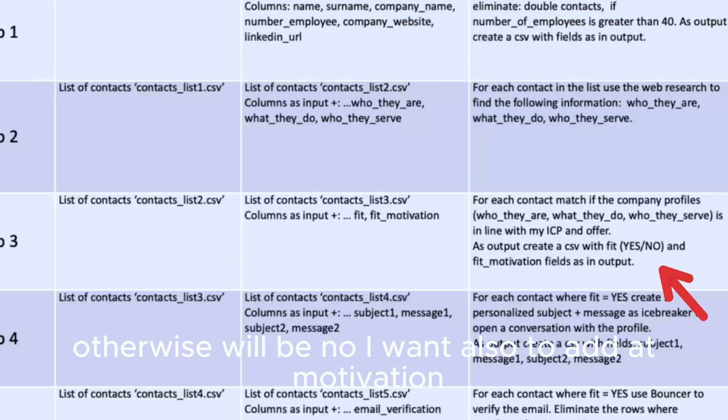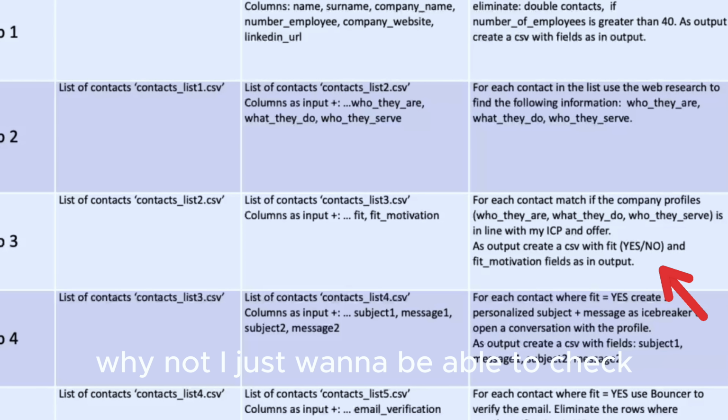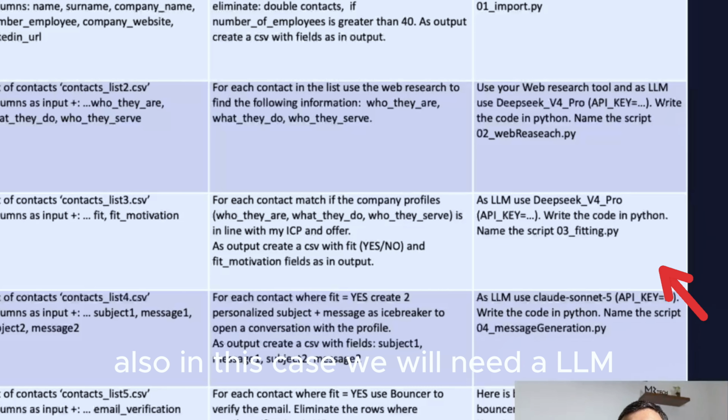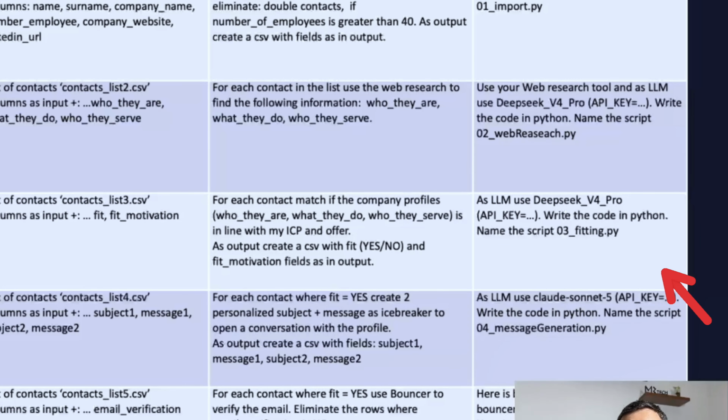I want to also add a motivation. So I want to know why yes, why no. So if I want to go deeper and understand why yes or why not, I just want to be able to check. Also in this case, we will need an LLM. In this case, we always use DeepSeek V4 Pro with an API key,